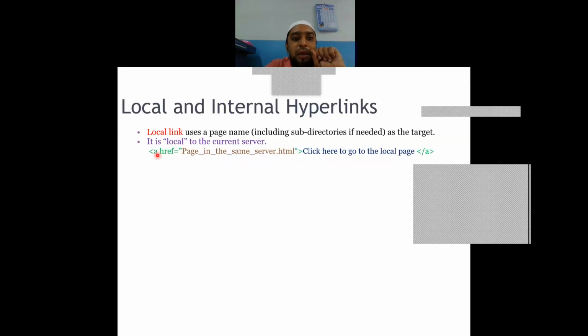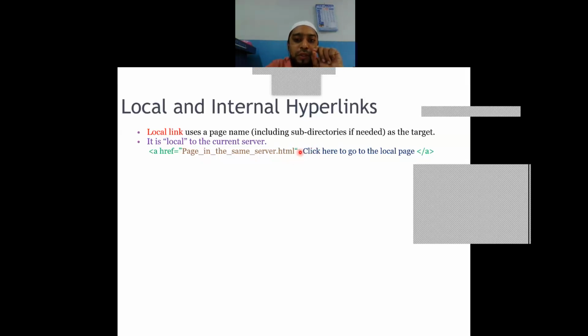Whatever it may be, to have the hyperlink in the first file, you have to make use of an anchor tag with the attribute href, and you have to mention for that attribute a value within double quotes. That value is the path location of your second file which you want to link to.